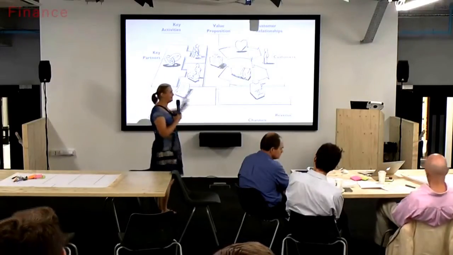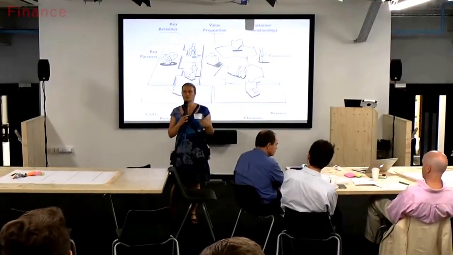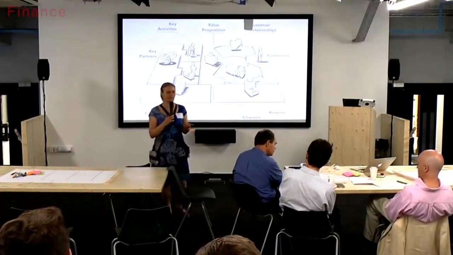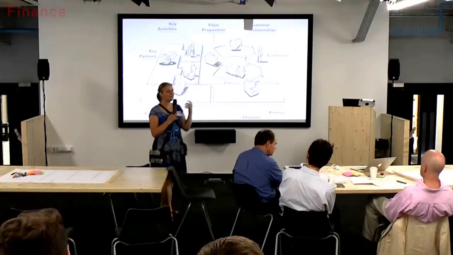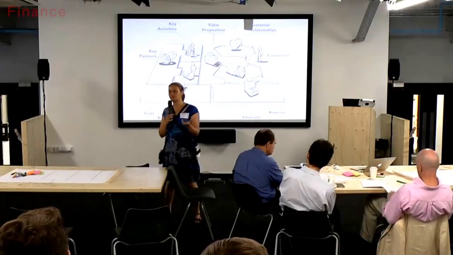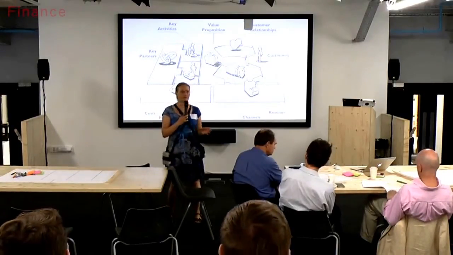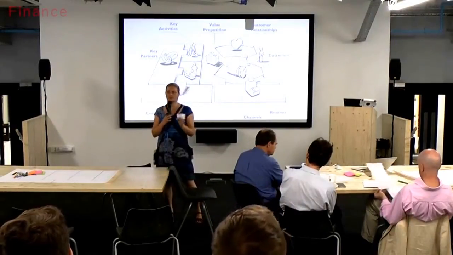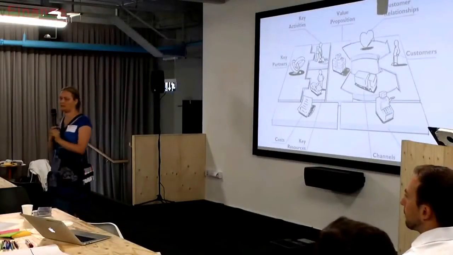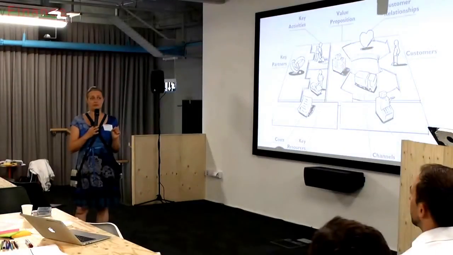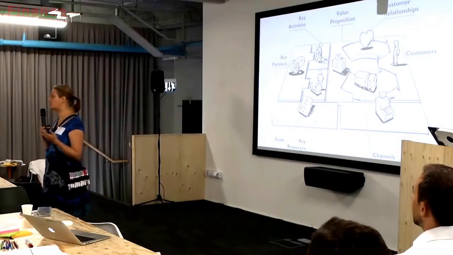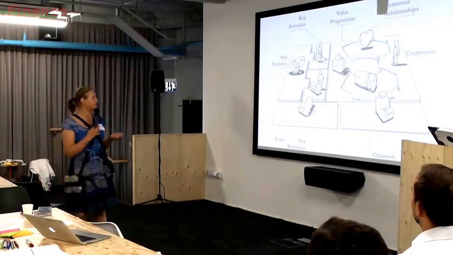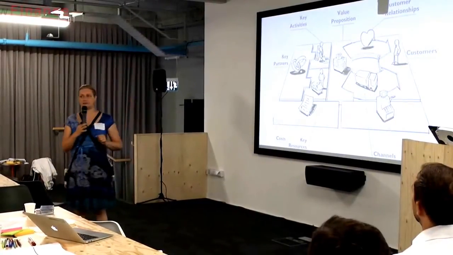Now, the other side is everything that we have to do in order to produce the value. And there are three elements that are important, which is the key activities we need to perform in order to produce the value. So not all of your activities, but those that actually are absolutely key to get that value out. The key resources you need to do that: human, technical, knowledge, etc., platforms, and the partners.